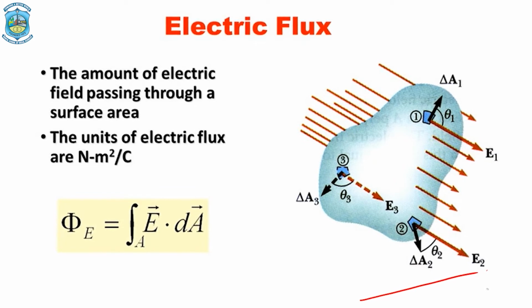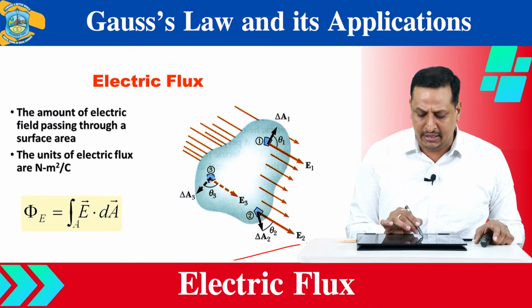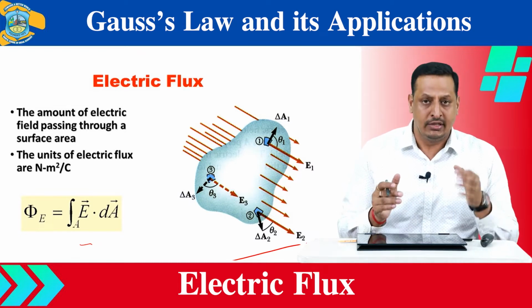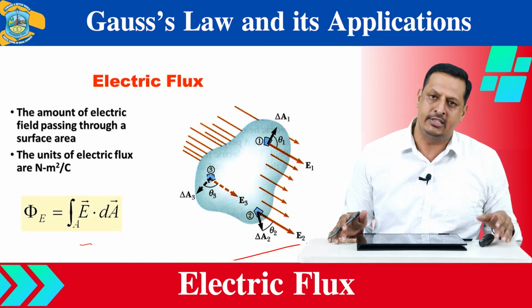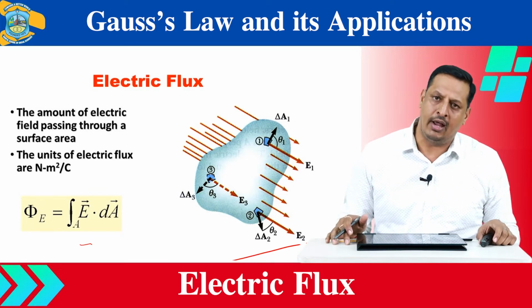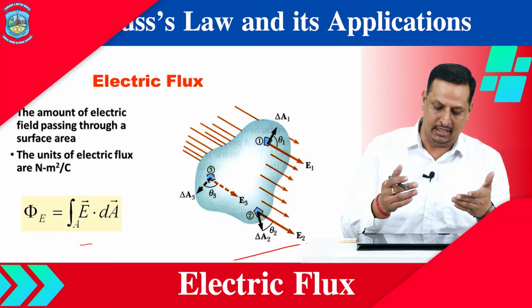Since the direction of the area vector is important here, in order to make an exact measurement of the electric flux, we can find it as the dot product of the electric field intensity vector and the surface area vector. The electric flux can be varied in three ways: by changing the strength of the electric field, by changing the magnitude of the area, and by changing the orientation of the area vector with respect to the electric field, that is, the angle between the electric field and the area vector. Now I hope that you are better familiar with the concept of electric flux, which basically quantifies the number of electric lines of force passing through any surface.